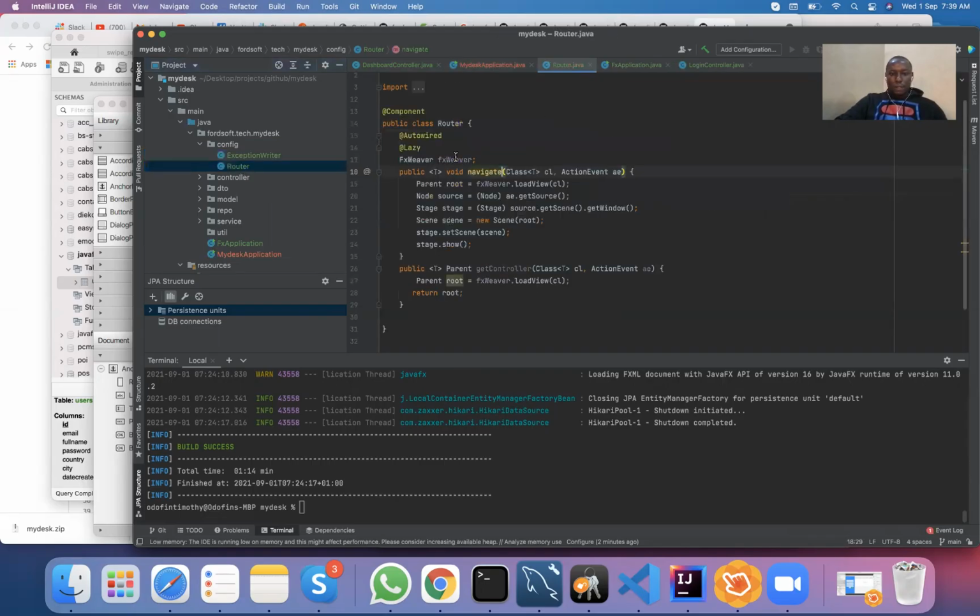When you look at the router here, I created a generic way to navigate to a route through your application, where we have the class here. You have the action that triggered the routing here. And I equally say, okay, get a controller. A situation where you don't want to route, you just want to get the content of some